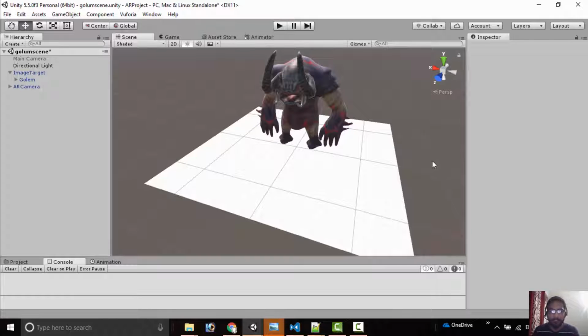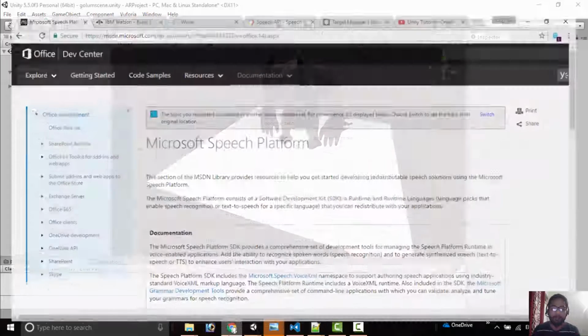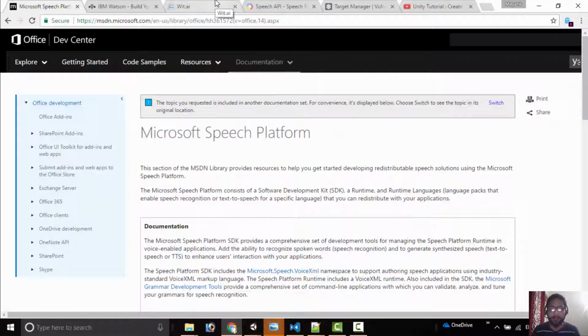So before proceeding ahead with speech recognition in augmented reality, I would like to tell you about the various approaches that we have to go with while developing our application for mobility or head mounted displays. Firstly, we have Microsoft Speech Platform that I will be using in this tutorial. The advantage of this, in comparison to the other three platforms,